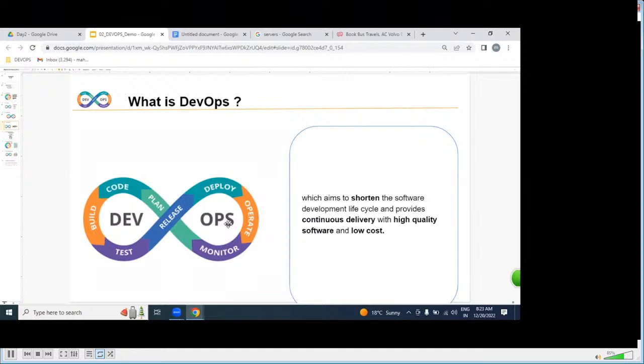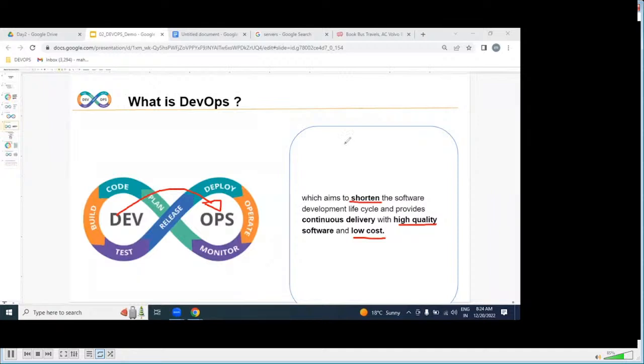That code we place from the dev environment to the production environment. While delivering working software, make sure you deliver within the shortest time, with high quality, at low cost. That is DevOps.